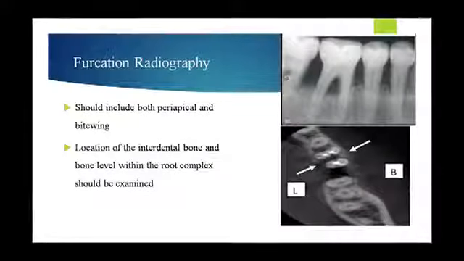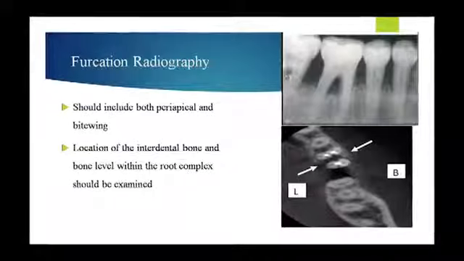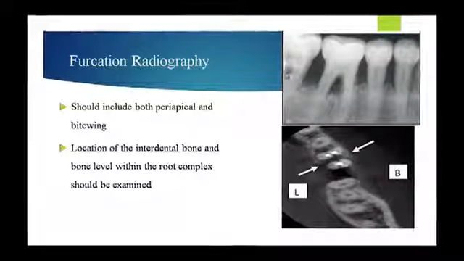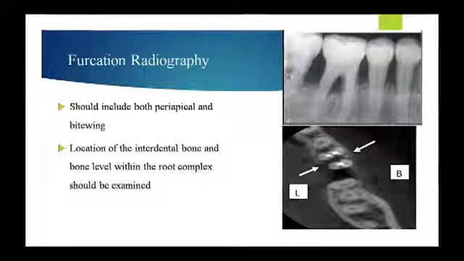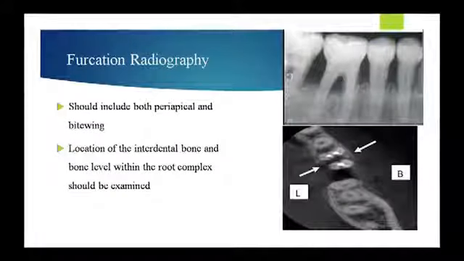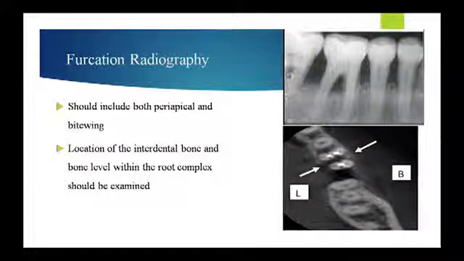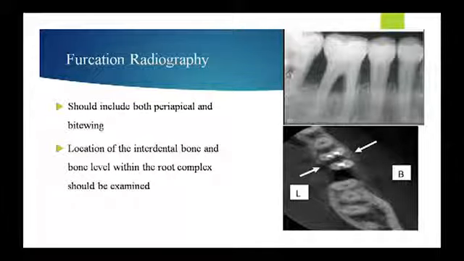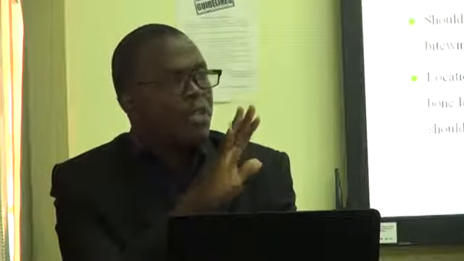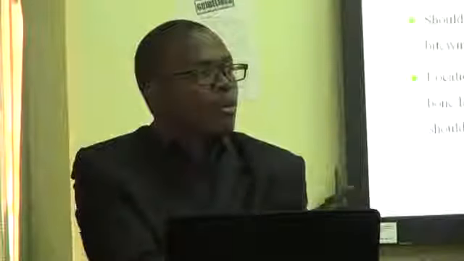But when you look at where the arrow is pointing, we are seeing there is a radiolucency. You understand? But it is only on the lingual surface. The buccal plate is still intact. This is totally different from what we are seeing between these 2 teeth, where there is probably an extraction socket. You understand? So 3D can, to a very precise level, give you the classification of furcation involvement using Glickman's classification, not the Turner and Fletcher, because this one is just looking at whether the probe goes through and to what extent. So if you use a 3D, you can literally see that there is bone loss in between,